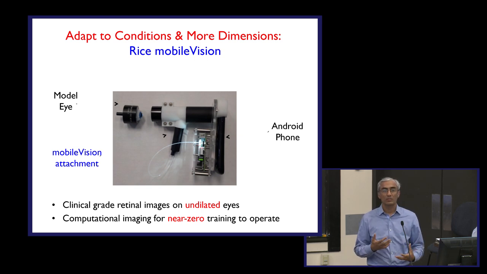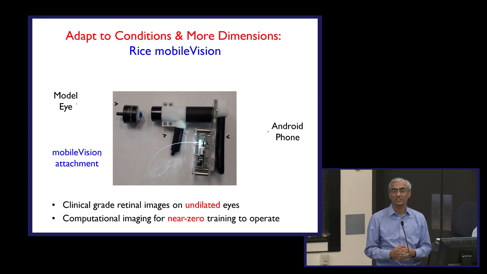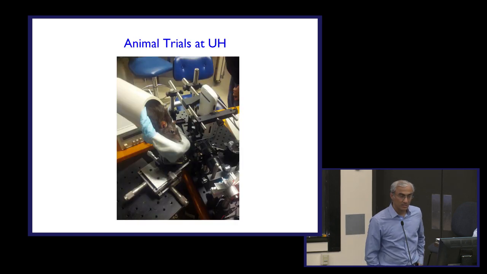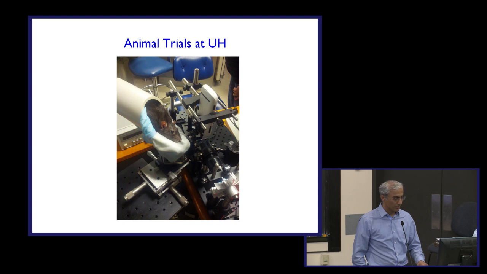And then as I said, we'd like to impose more and more conditions to keep engineers motivated. We want to do it so that people with almost no training can operate this. That leads to some interesting design choices and design challenges, which are included in the design from day one. They're not patchwork solutions later on. So we have already done some animal trials, and we just filed an IRB for human trials. So that device is going to be clicking some human eye images soon.